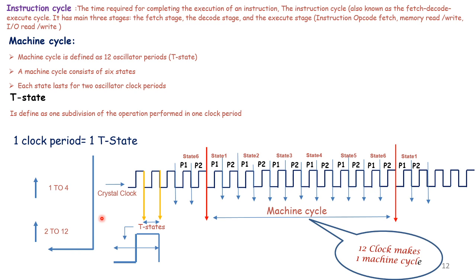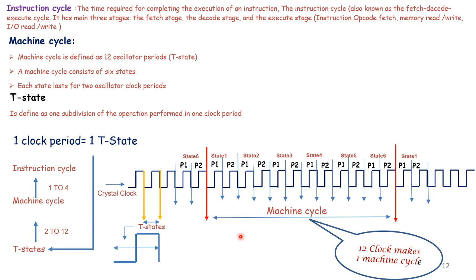To define the machine cycle, how do we find the machine cycle? If we have T states 2 to 12, that gives us one machine cycle. Another, when we have machine cycles 1 to 4, that gives us the instruction cycle. So the instruction cycle is constructed like this: T state, machine cycle, and then this machine cycle we use for instruction